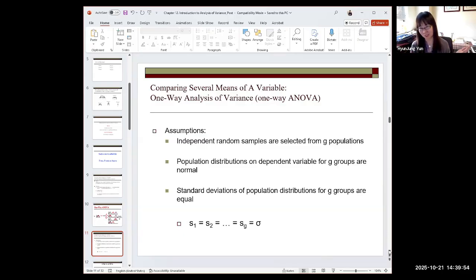It's not a good comparison. That's the reason we at least want to assume that the dependent variable for each group is normally distributed, so the value we compare is the most representative value. That's one assumption. And the last required assumption is that across different groups, they have